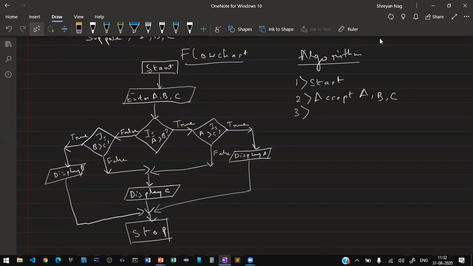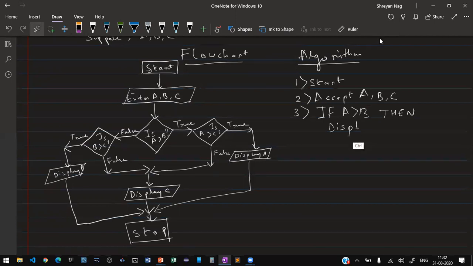Then the second statement: now we are getting into the condition part. We'll write if A greater than B, then display.